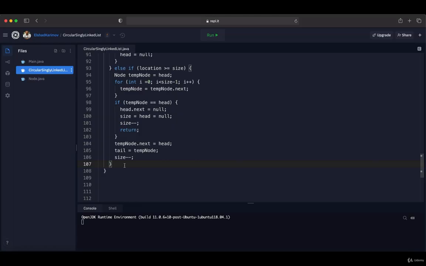Now in the else condition, we are going to implement the logic in which we are deleting a node from any given location. So here I'm going to implement the logic like this. In the else condition, one more time, we are going to start to loop through the circle single linked list, but in this case we are going to loop until we reach location -1. So we are going to loop until we reach the node which is located before the node that we want to delete. So here again I'm going to start from the first node, so that's why I created temp node